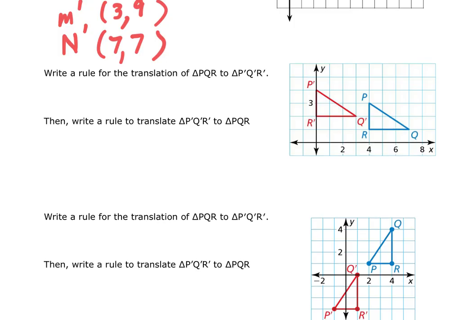Okay, this one we're kind of going the opposite direction. They give us the two figures right from the start. We have to identify a translation rule for those two figures. Now what you've got to be careful of here is identify what is happening or what's going on. Okay? And so when we write a translation rule,